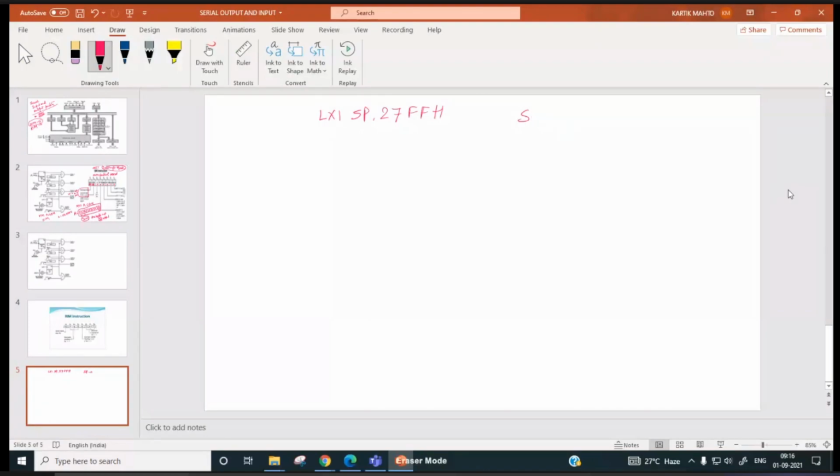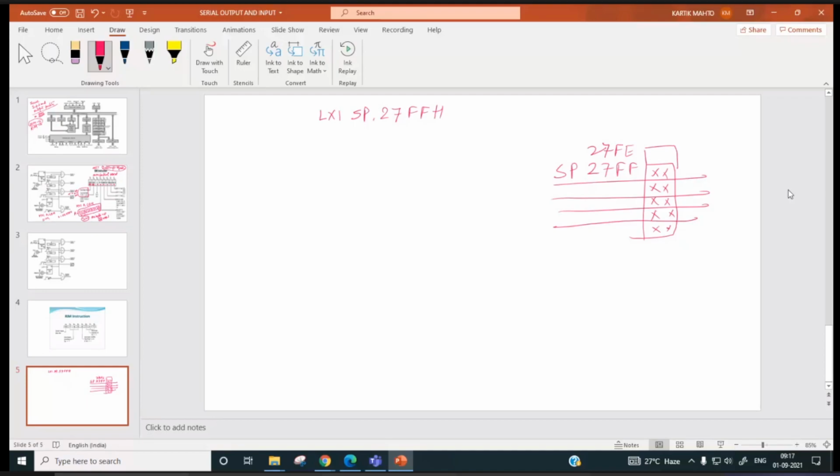Sir, 27FFH, right? SP will be over here. Up to this, stacking is over, so above this, at 27FE, data will be pushed.